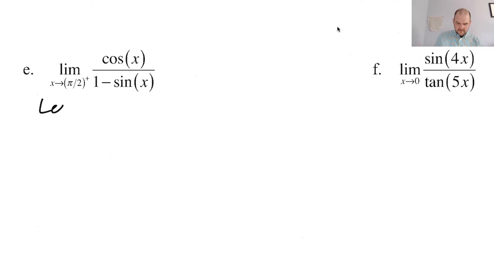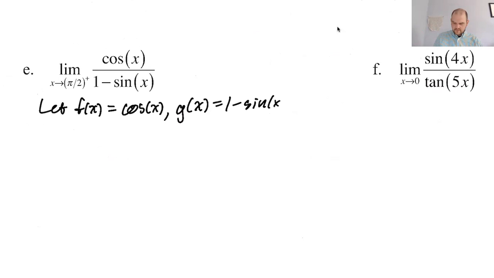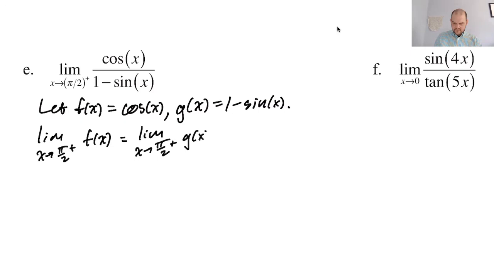Let's do this. Let f of x equal cosine of x. I'm trying to up our game. g of x equals 1 minus sine of x. Okay, the limit as x approaches pi over 2 from the right of f of x equals the limit as x approaches pi over 2 from the right of g of x, and both of those are 0. So I think I've saved myself a little writing. Therefore, by L'Hopital's rule,